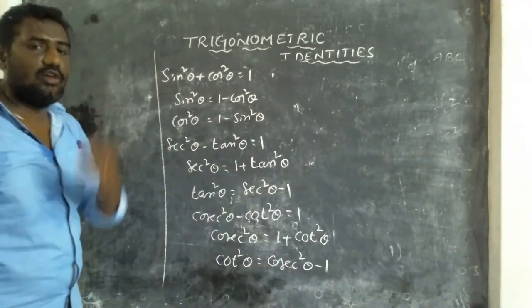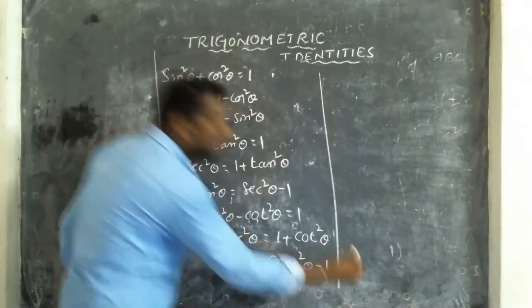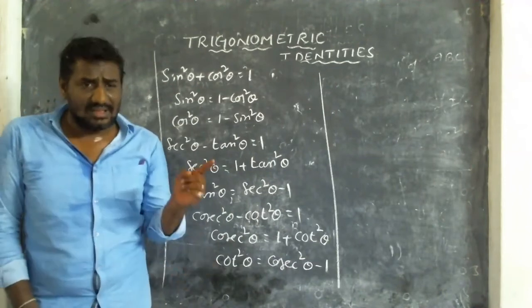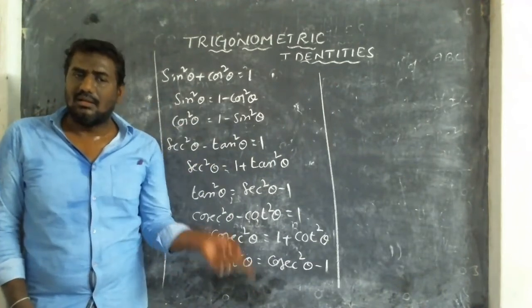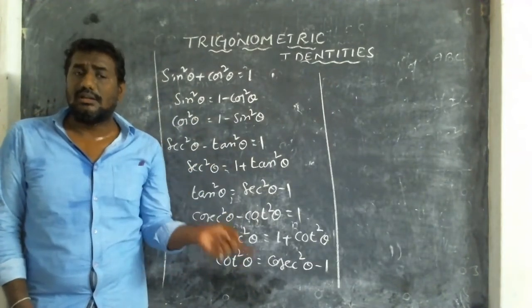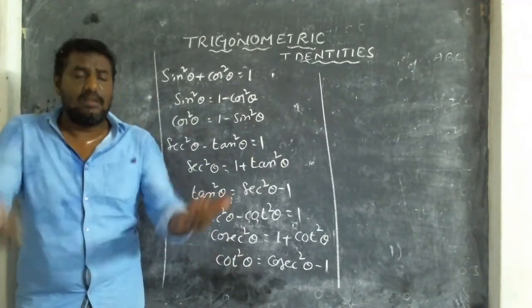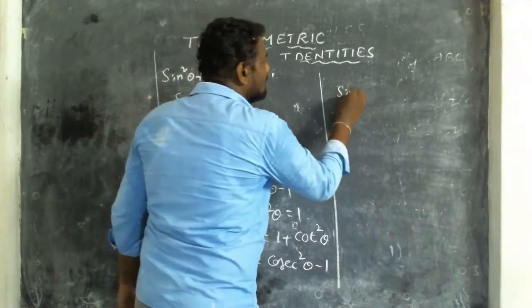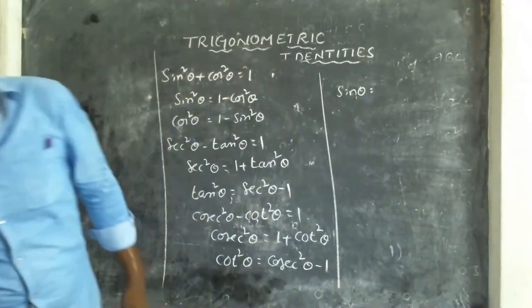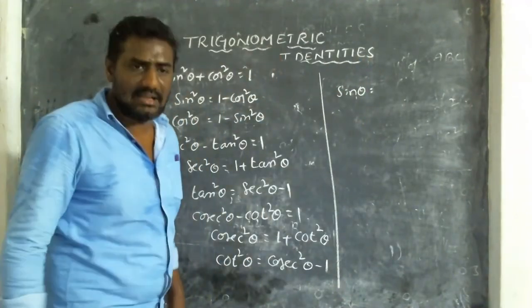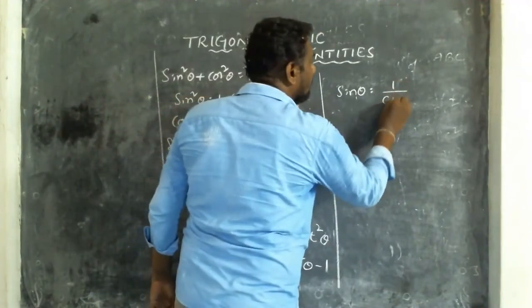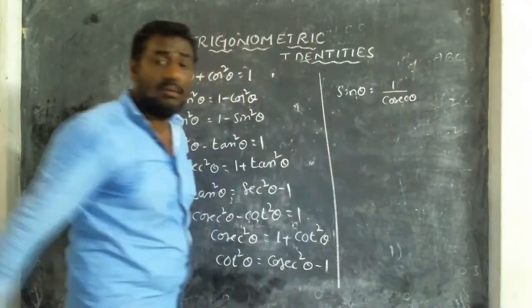Along with this, some more easy formulas are there that you also have to learn. They are called reciprocal formulas. Already all of you know them orally: sin reciprocal, cos reciprocal, tan reciprocal, cot reciprocal, but we don't know how to write them as formulas. What is the reciprocal of sin? Always cosec, but while writing you have to write 1 by cosec.